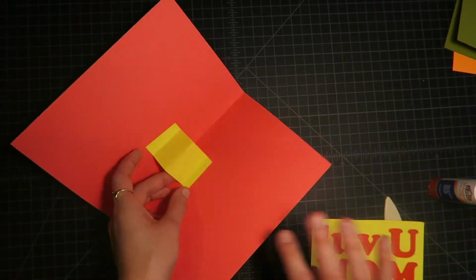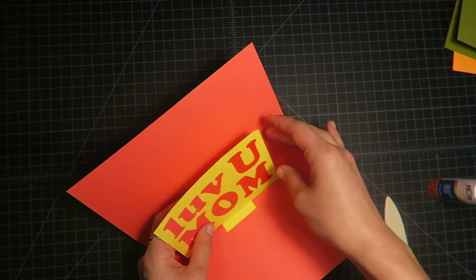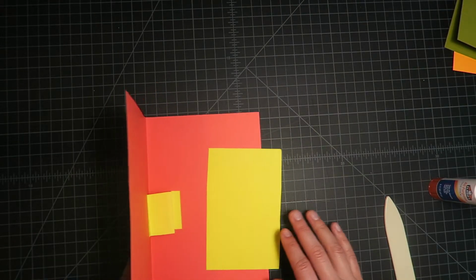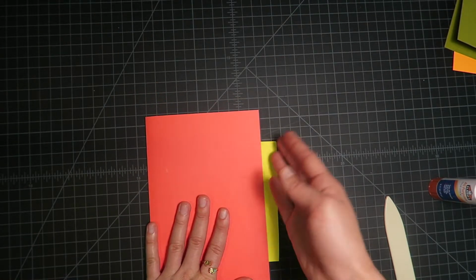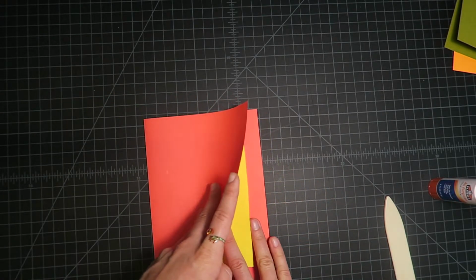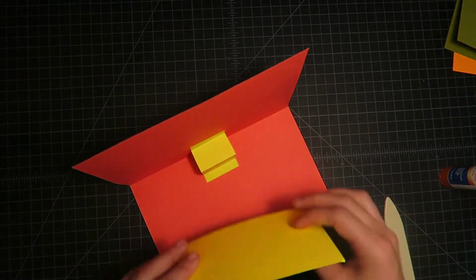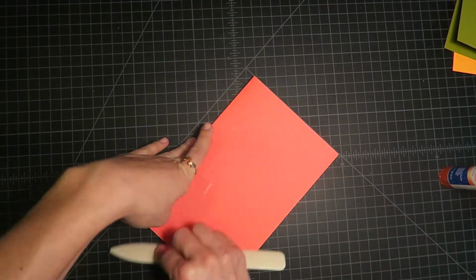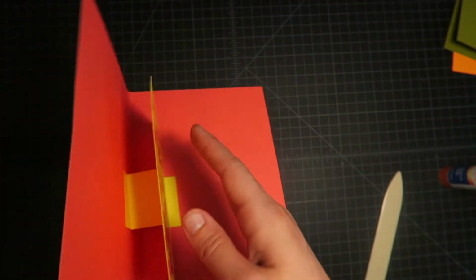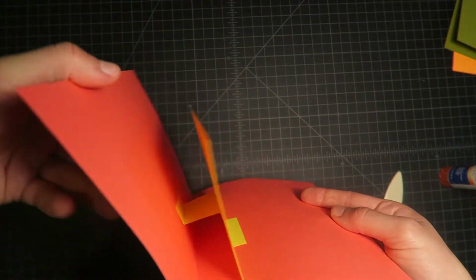And then again, you're going to just glue this front part here and attach the pop-up like that. And you just want to make sure that this is fitting inside here, so your piece can't go outside because then it won't close fully. So however big your piece is, make sure that it will shut inside. And so you have the pop-up like that. It goes horizontally, but you don't have the cut on the outside since you used the separate sheet of paper